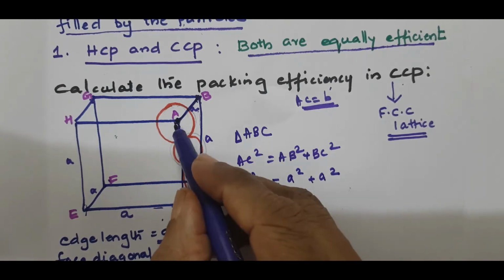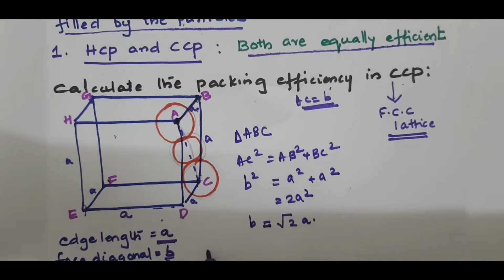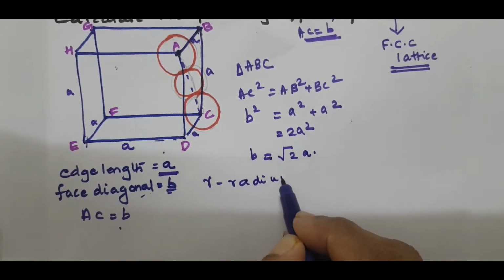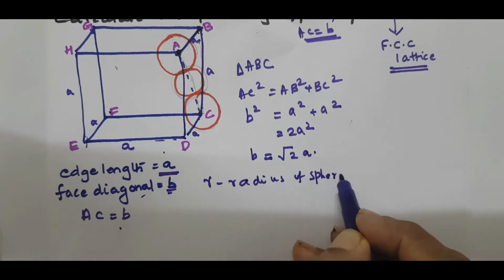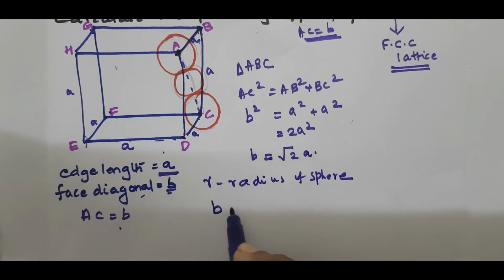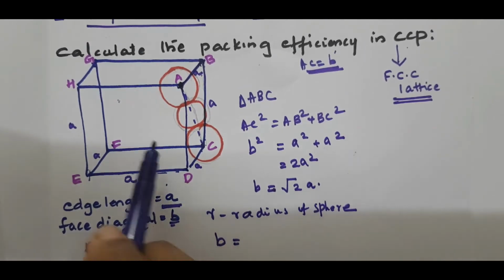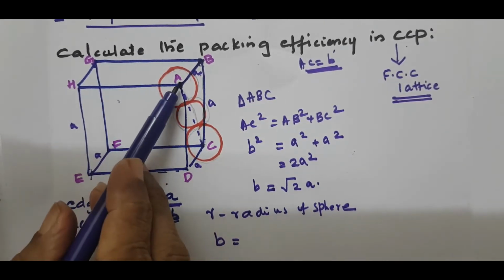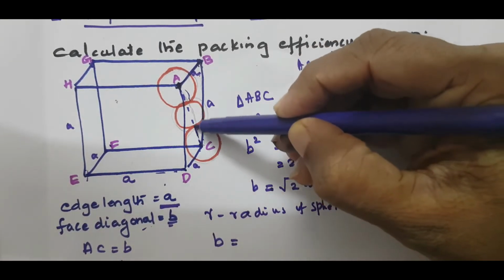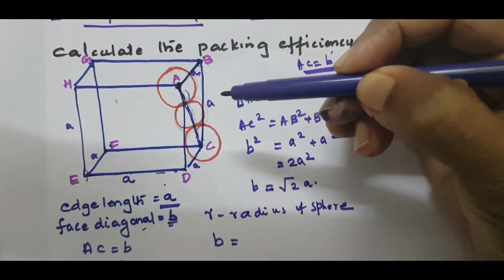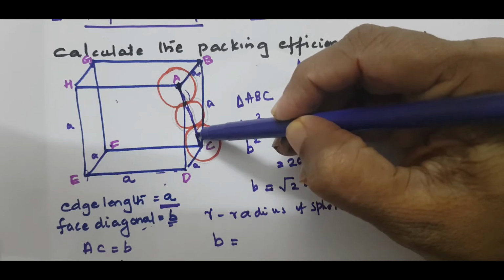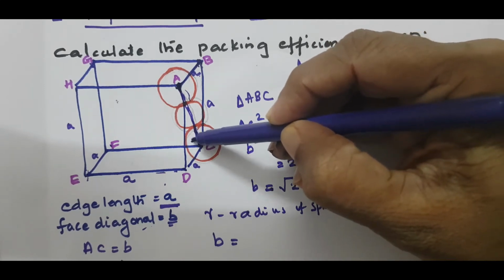Now what is B? B is the face diagonal. Now you know, if you consider R as the radius of the sphere, coming back to the diagram, what is this B actually? This B actually means, see, it's very important, this distance. Right? This distance is B. Now if we calculate this distance, R is the radius of this sphere, so this is an R.